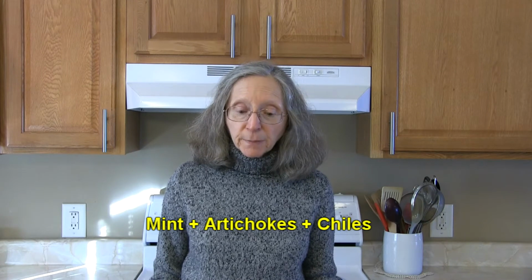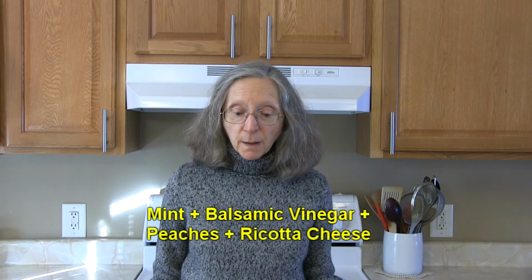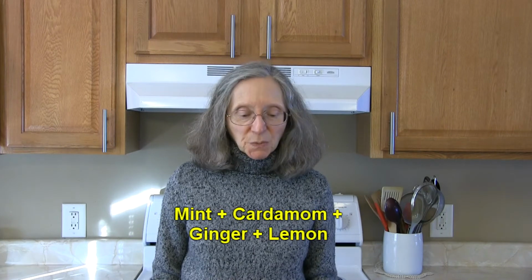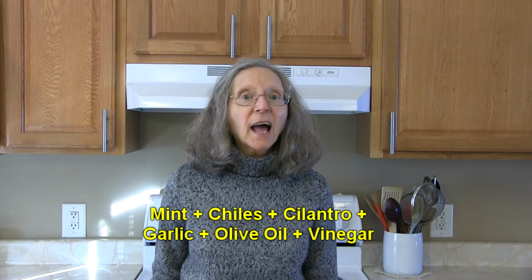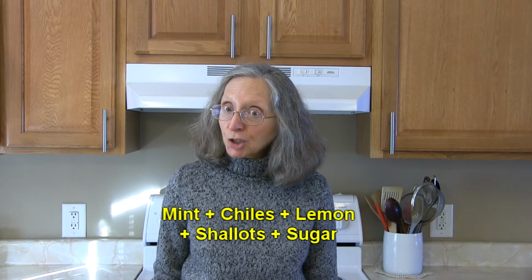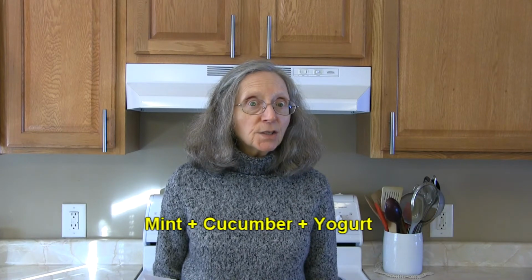Combine mint or spearmint with artichokes and chilies, mint with balsamic vinegar and berries, mint with balsamic vinegar, peaches, and ricotta cheese, mint with bell peppers, chilies, garlic, papaya, and pineapple, mint with cardamom, ginger, and lemon, mint with chilies, cilantro, garlic, olive oil, and vinegar, mint with chilies, lemon, shallots, and sugar, mint with citrus and zucchini, mint with